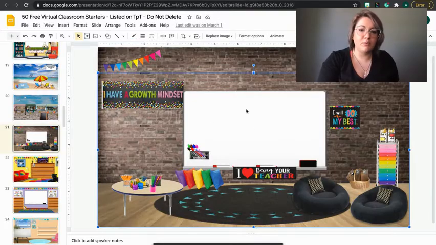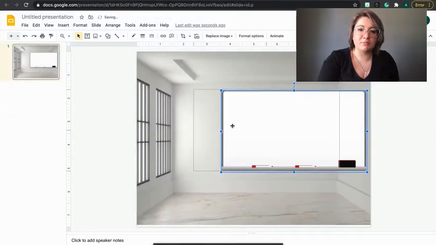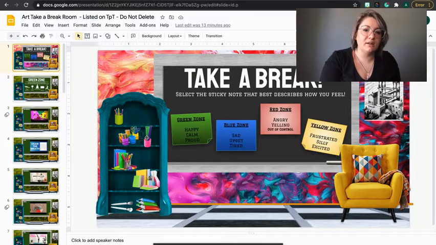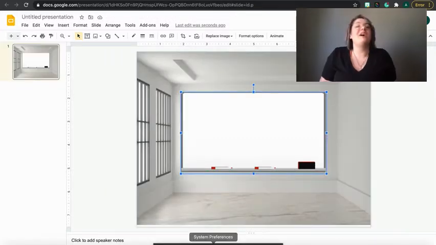I always like a good whiteboard, and here's a good one. That's where I put the options to click on. And then you start adding text. You can add plants, you can add fun elements like I did here. This is probably the most fun stage. So have fun building your classroom, or take a break room, and make sure it's exactly the